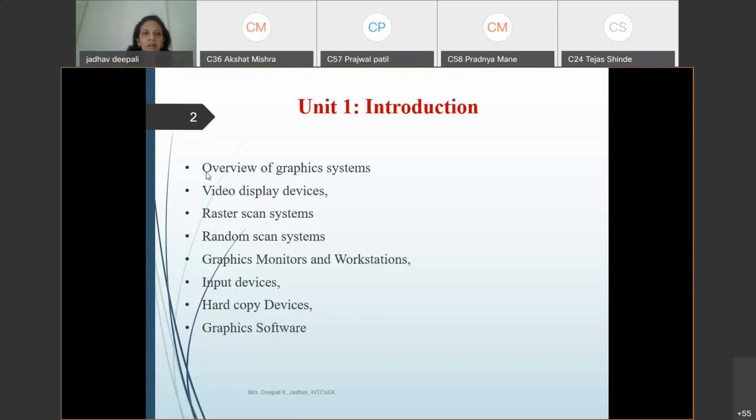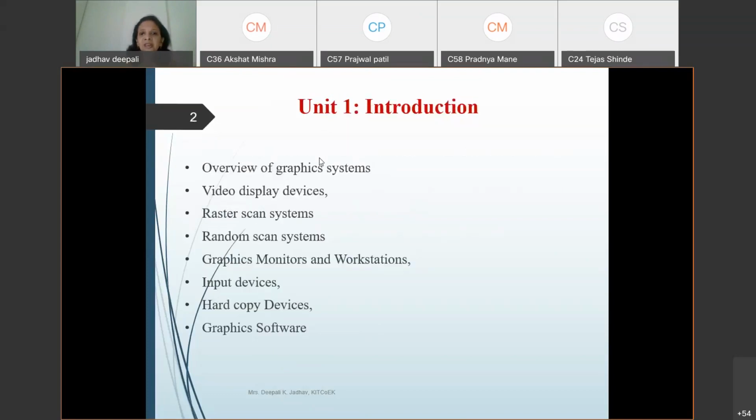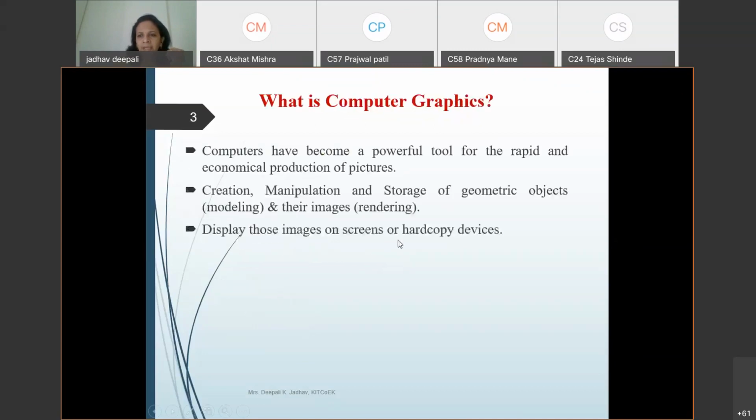Now we are going to start with the first part, overview of graphics system and its applications. Can anyone tell me what is computer graphics? Design, diagrams, images. See, we know that the computer has become a very powerful tool nowadays.